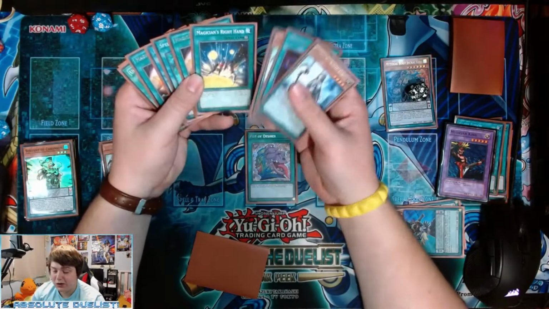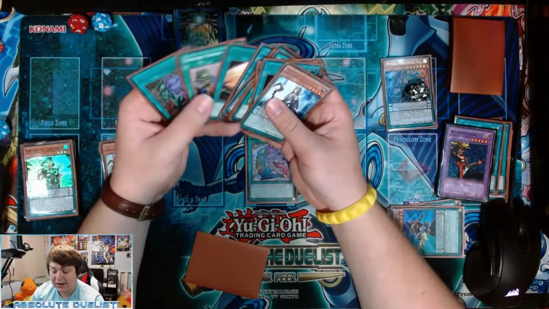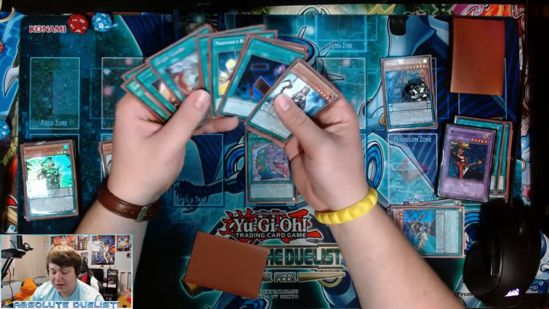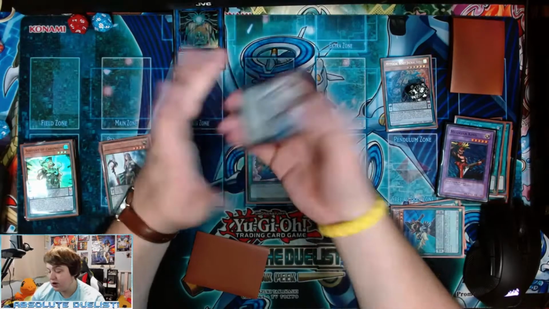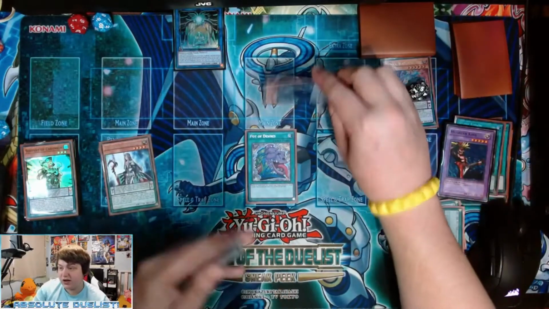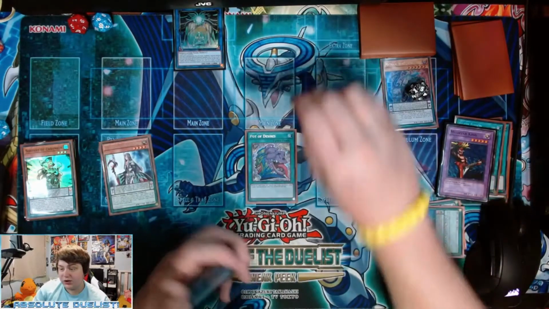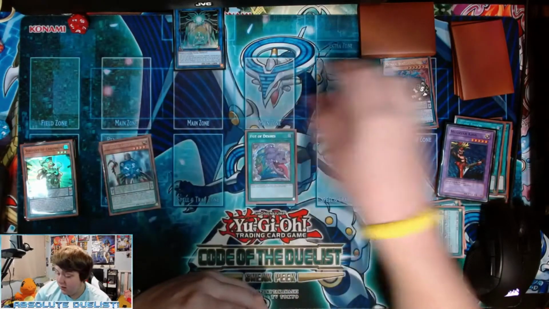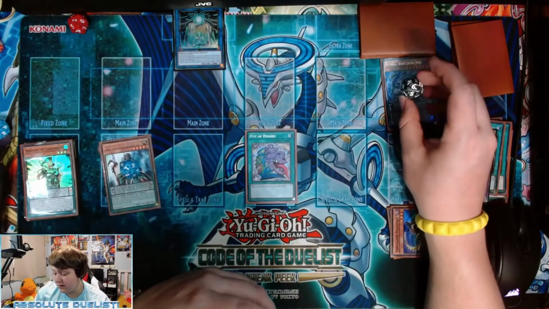That's a bit annoying because that stops us from getting a negate. 2 Restage is also annoying, but as long as we get 1, I think it's fine. And no Souls, so drawing a Souls is very likely here. So we draw 2, we drew a Jackal King, and we also draw a Law of Darkness. Okay, so we get a counter, and we can also potentially still get a Souls. So this goes up to 7 now,